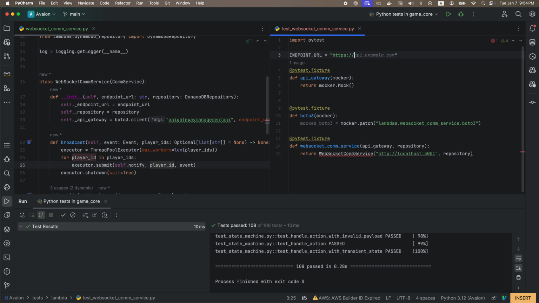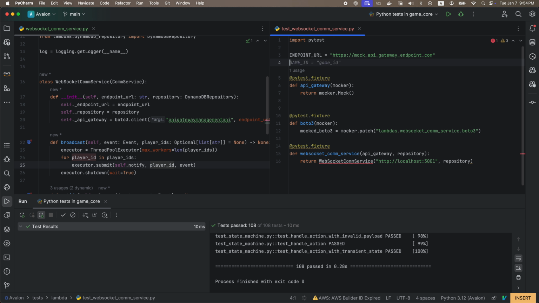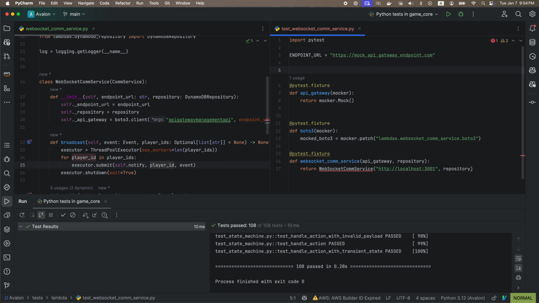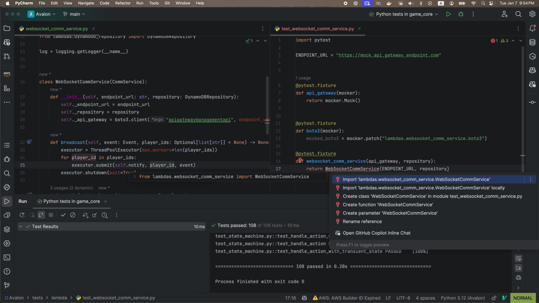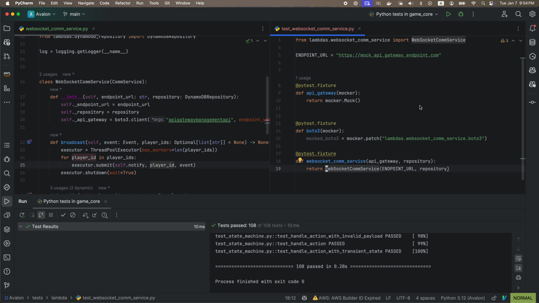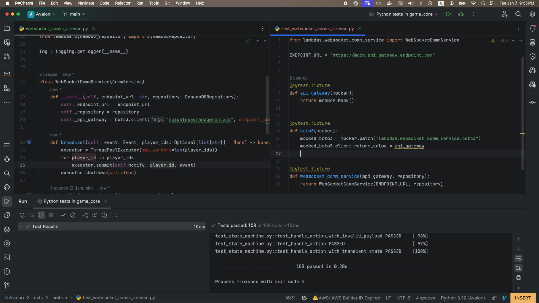HTTPS mock API gateway endpoint. Okay. Of course, this goes to endpoint URL. And let's import this lambda's WebSocket Comm service. Yeah, actually this is right. So the client return value, return mock photo 3